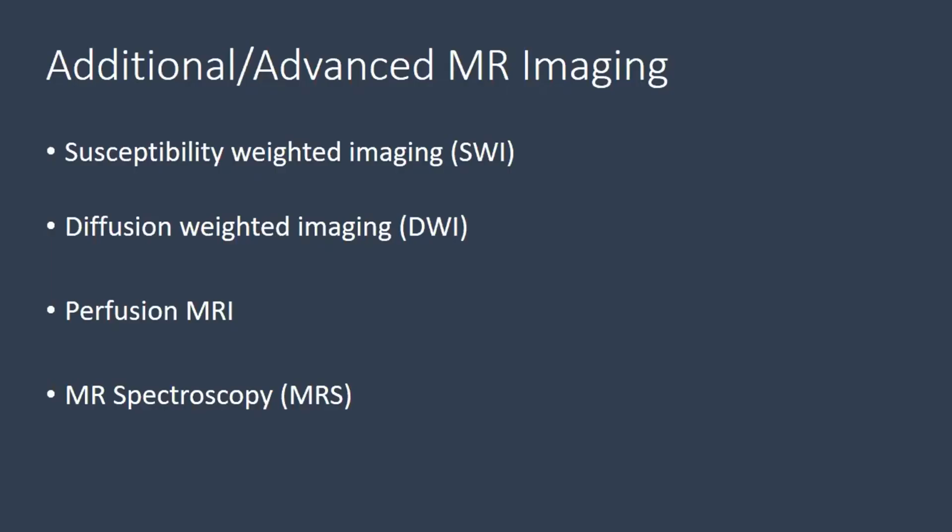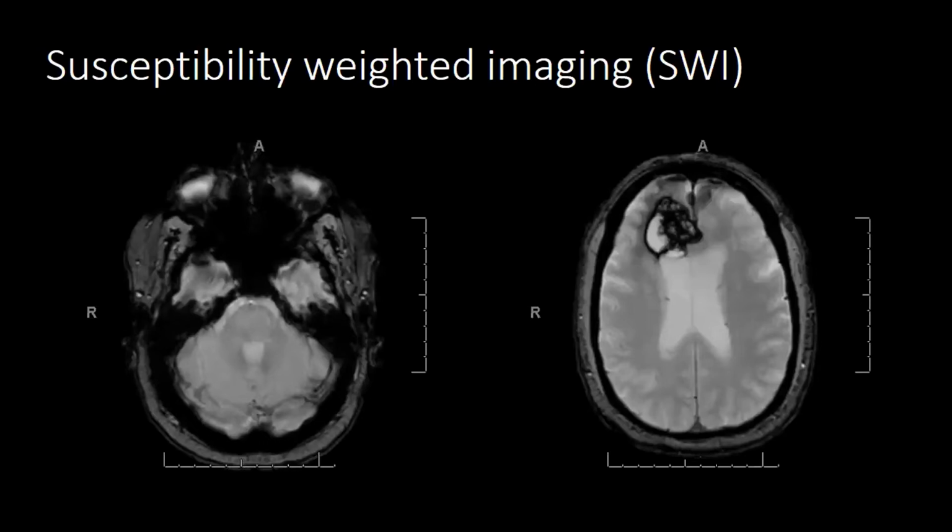As far as additional sequences are concerned, a lot of us are familiar with susceptibility-weighted imaging, diffusion-weighted imaging, perfusion, and MR spectroscopy. So briefly, to highlight what is the importance of it. Susceptibility-weighted imaging is a gradient-weighted imaging, which basically gives signal because of paramagnetic properties. The first thing is, how do you make out that it is a susceptibility-weighted imaging other than looking at the header? And that is because you will see a big hole because of the air in the nose and also